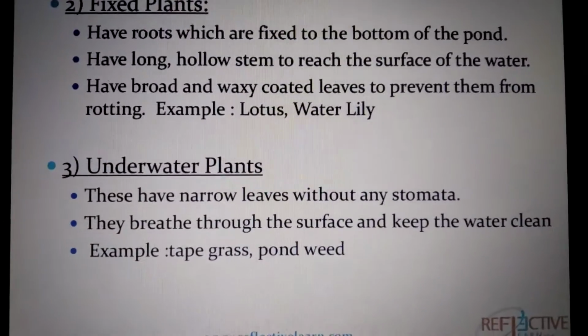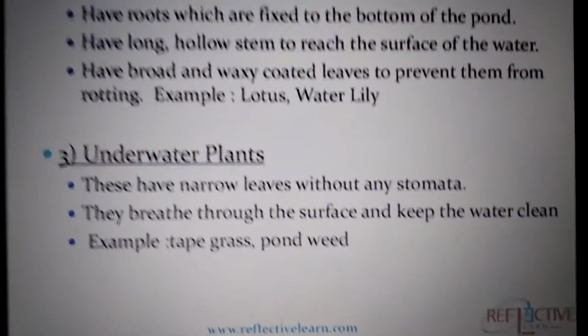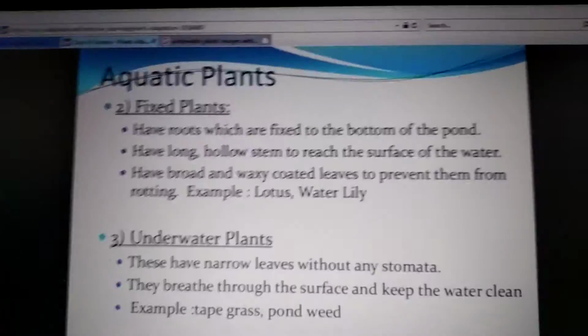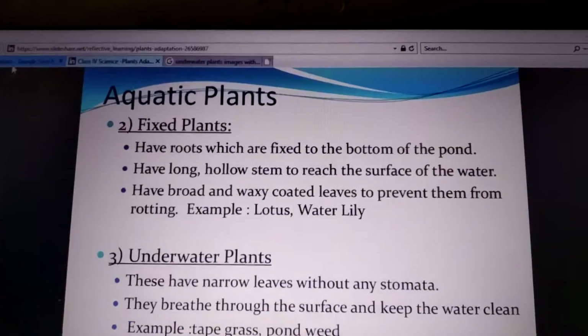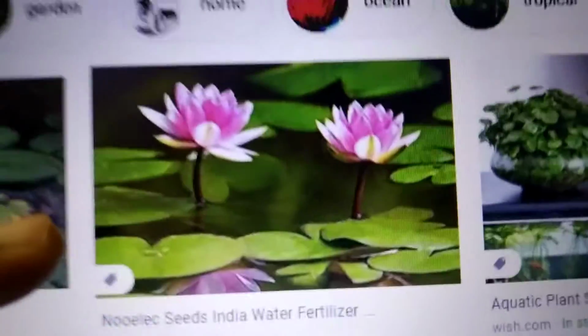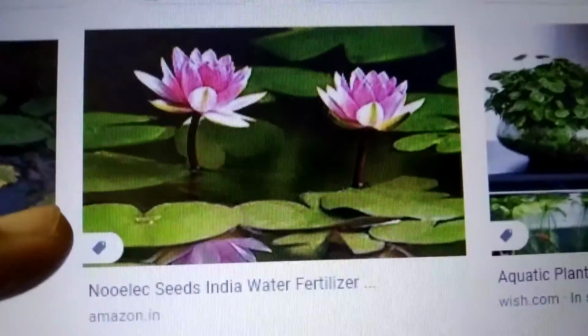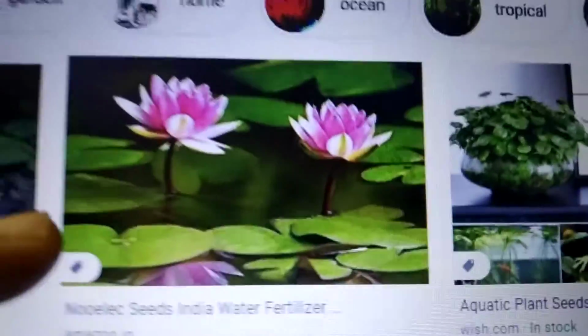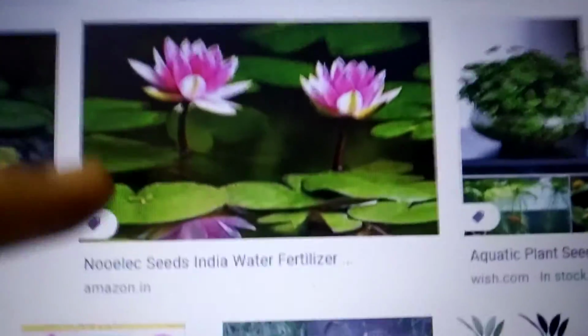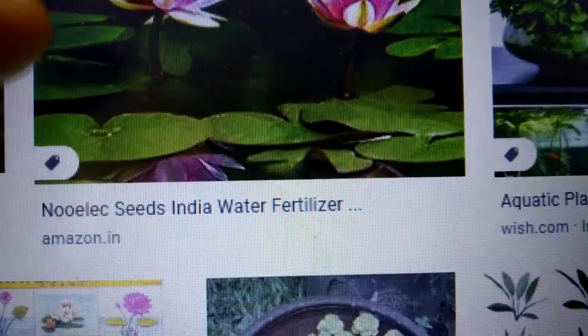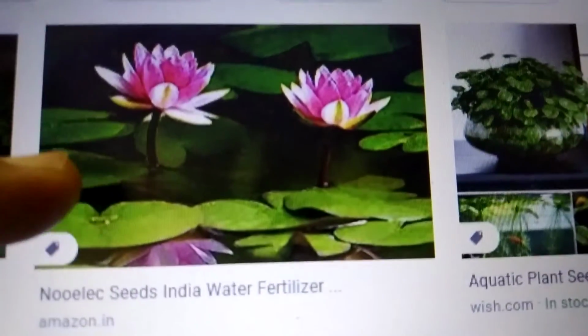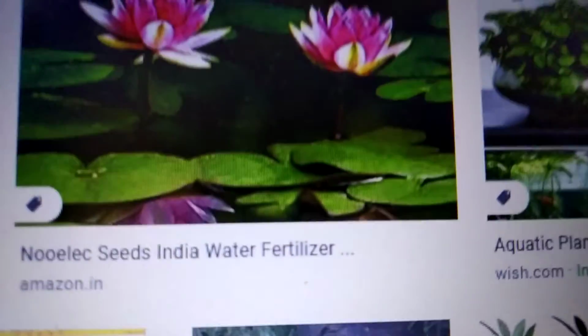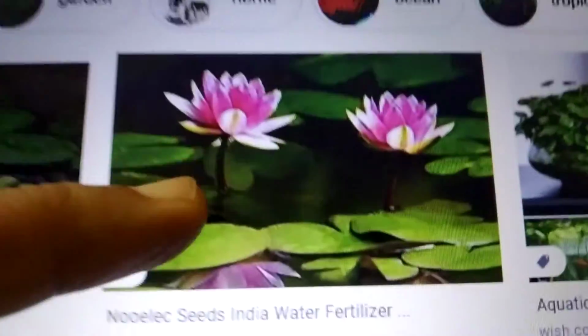Have you observed the lotus plant in villages? So coming to that figure, we will observe the picture of the lotus plant. See the picture, children. How will the leaves be? They are broad and flat, spread over the surface of the water. These leaves have stomata only on the upper side, so that they trap the maximum sunlight. Understood, children? These stems will be hollow and have air spaces.